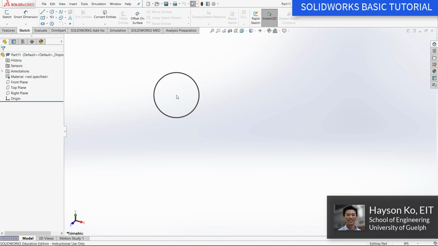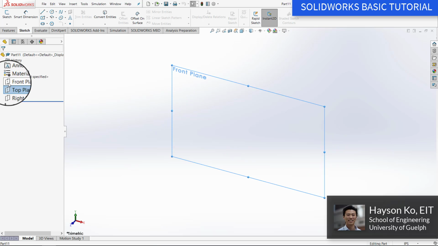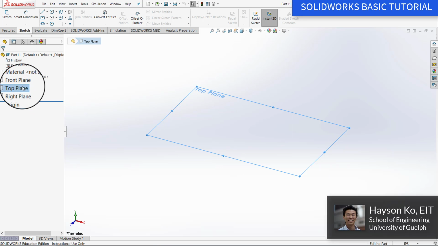And before we can even draw any 3D shape, we always have to go and sketch. And to sketch, we can only sketch on two different types of surfaces, either a flat face or a plane. So in this instance, we don't have anything drawn right now. So if we click on our planes, so if you select the top plane right here,